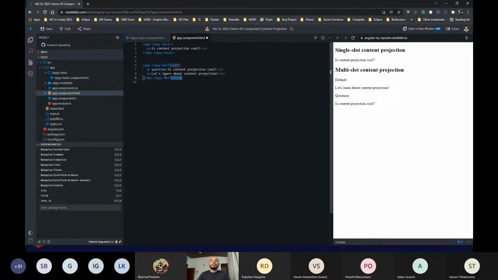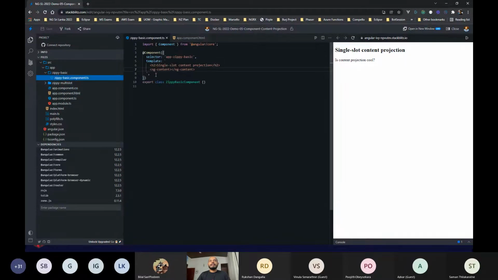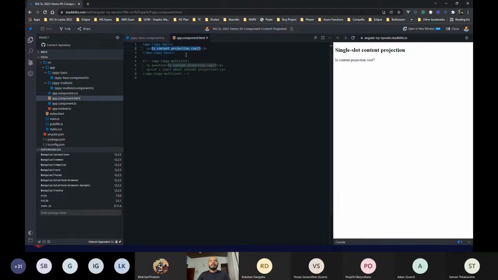I'm going to comment the below one. So put multiple projections. Here you can see this is content projection, this one. Actually I'm sending this from the parent to the component, but this is where it's getting rendered. So ng-content here, this is the way of doing content projection. And if you go to the second one,